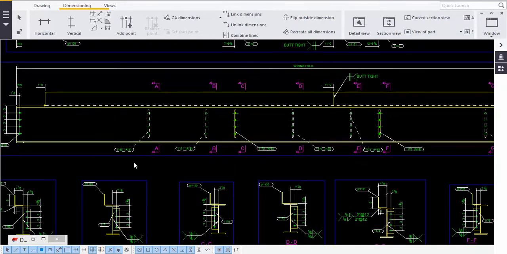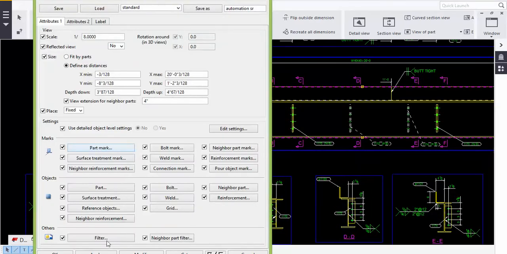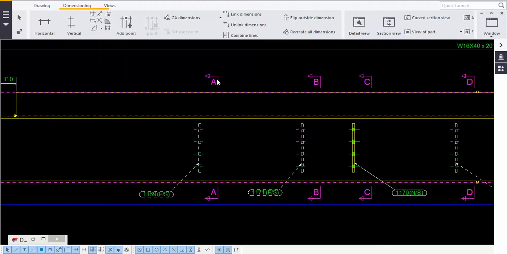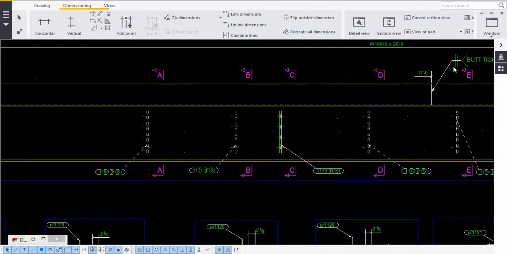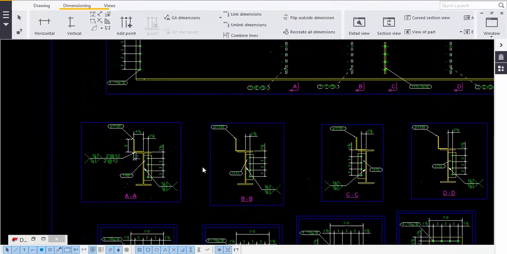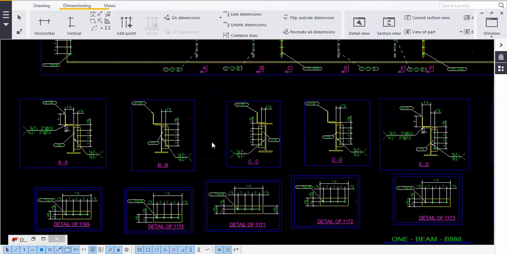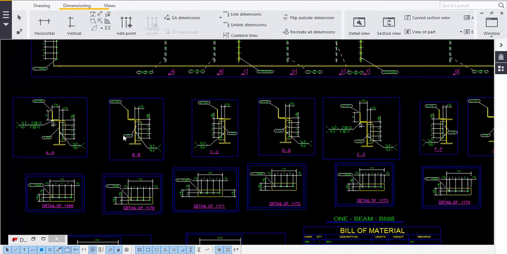See, before taking sections, always you double click on this blue line and you keep apply and OK, so that our settings will get correct settings, okay, and then you take the sections at A, B, C, D, E and F, and then we get these sectional views, and you just arrange these sectional views.